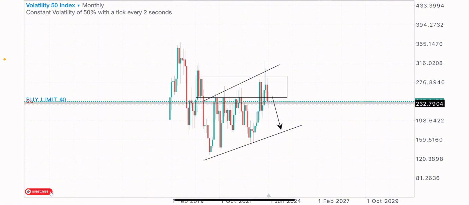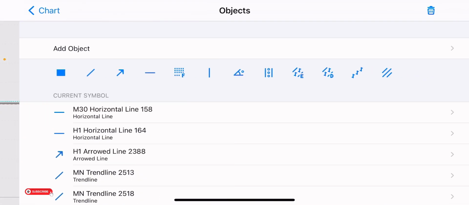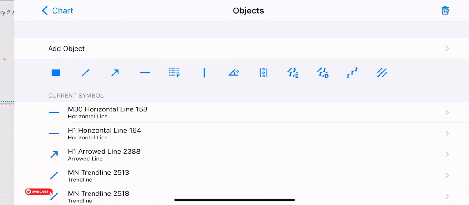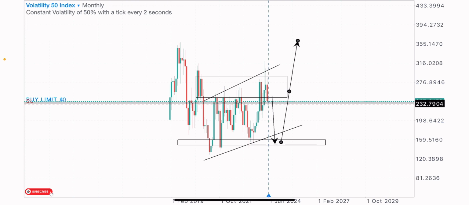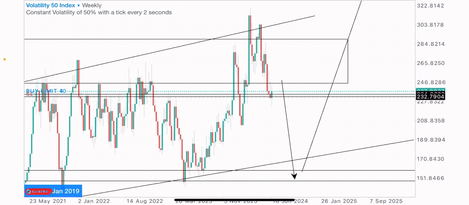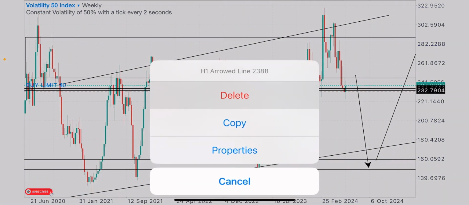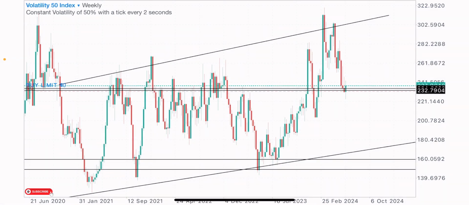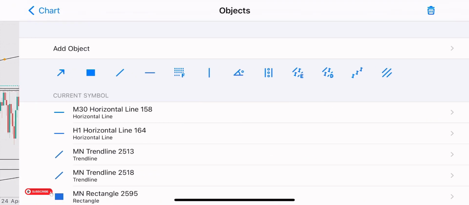The markets would always do their thing, but I'm not really on the sell side of the market on this index. We could see this index sell to this level of support before the major buys. But I'm currently on the buy side of the market, because when we go to the weekly time frame, we can see that this index has been selling for some time now. Like I said, on the monthly time frame, we've got a full month of bearish move on this index.